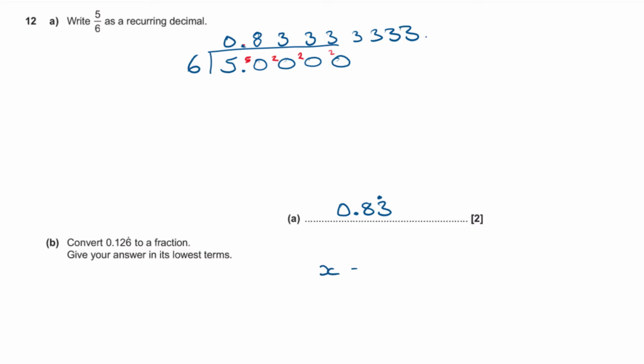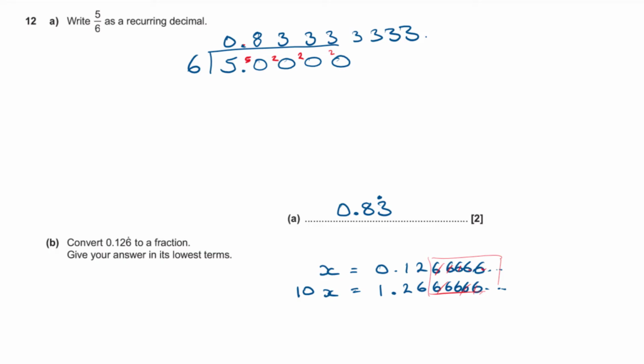Okay, let's say x is equal to our recurring decimal, 0.126 recurring, so that's lots of 6s on forever. Now to get rid of all those recurring 6s, I'm going to multiply it by 10, so I get 10x. 10x is equal to the same digits shifted one along, isn't it? 1.2666666, and so on. Now you can see that these cancel each other out, don't they? So all those 6s down there are going to cancel all those, and I'm left with